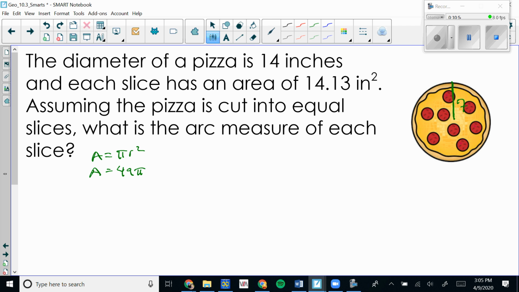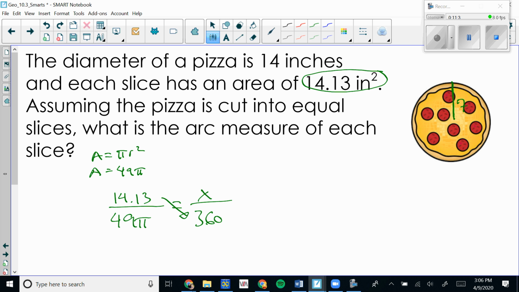And let's see, what's it asking for? It also says that each slice has an area. So that's going to be the sector of it. So when we do our sector equation, we can say 14.13 inches squared over the whole area of the pizza, 49 pi, equals, and we want to know the arc measure. That's going to be up here, so that's going to be our x, and then on the bottom right, it's always 360. So the x, or the arc measure, is the degree that we're looking for. If I cross multiply on this one, 14.13